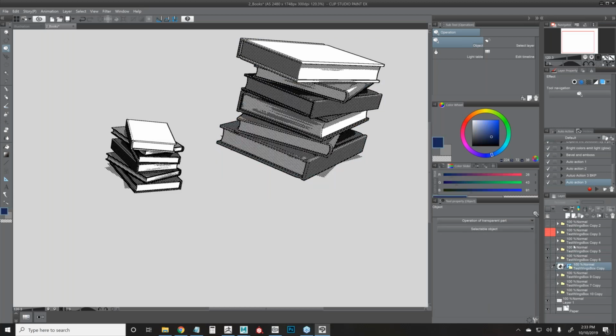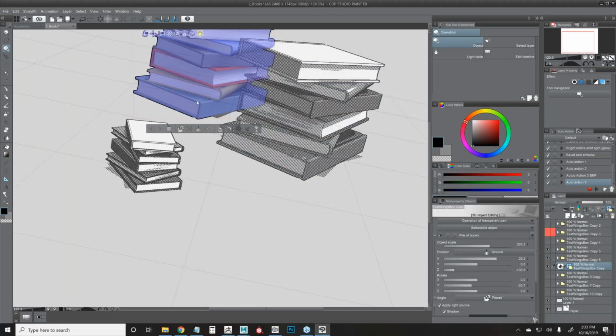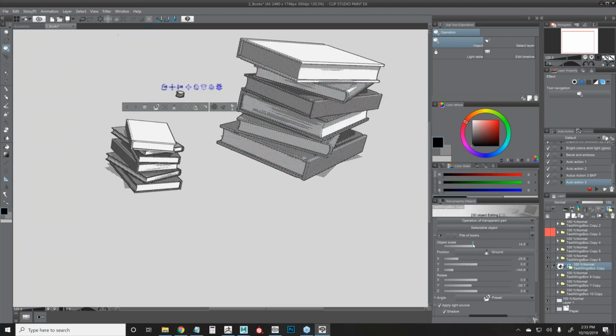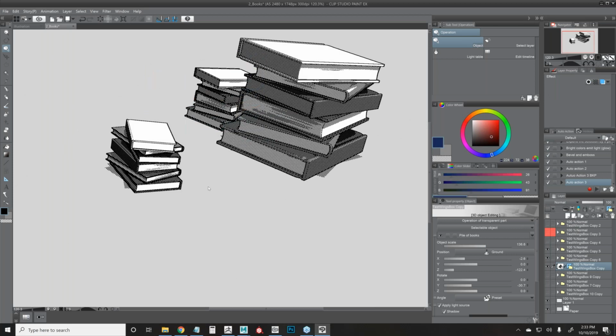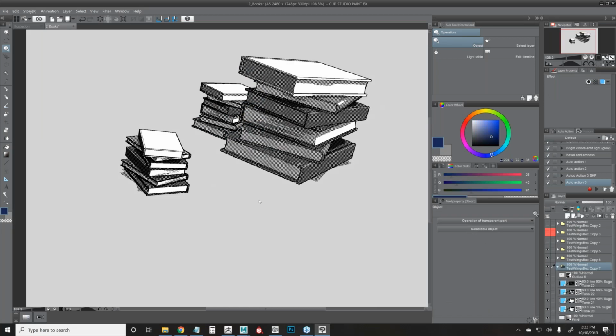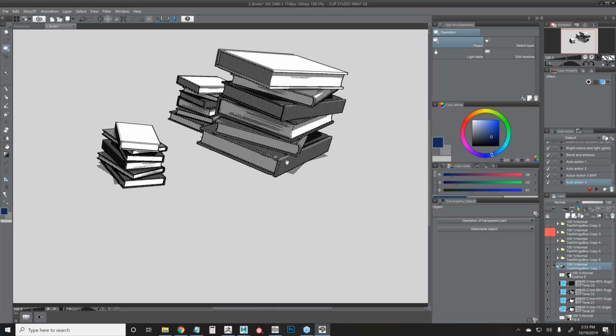And then I want more books. I want a whole library of books. I want 1,000 books. That's easy. That's no problem. You don't have to spend all day long drawing them. You just keep duplicating this. And let's start thinking about composition here. Okay, let's hide that behind. Let's hit play again. So you can see how quickly you can start developing. This is where the power of 3D comes in, right? You can see how quickly you can start filling a space with 3D objects that kind of look like 2D